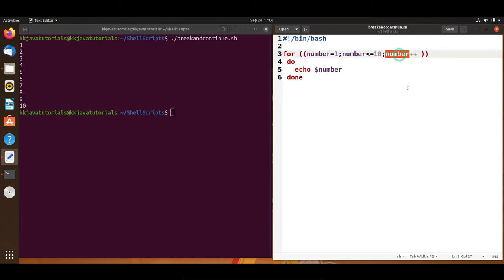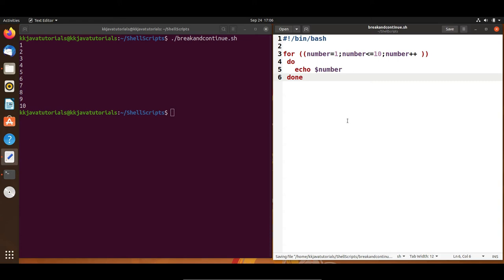After that the increment happens, number becomes 2, and again it checks 2 less than or equal to 10. That's true, so 2 gets printed. Likewise when number becomes 10, 10 less than or equal to 10 is still true, so that is printed. Again number becomes 11, and 11 less than or equal to 10 is false, so control will come out. And that's how a for loop works.